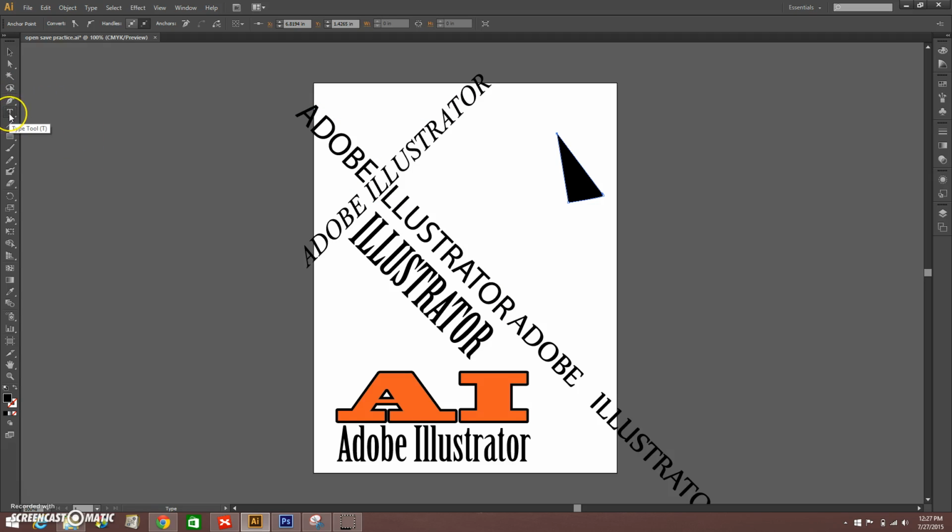The text tool looks just like the text tool in Photoshop, and it operates almost the same. If I click that and I click on my artboard, I can type whatever I want to, and it's going to show up. It's also, believe it or not, vector in Photoshop as well. It's one of the few vector tools in Photoshop.